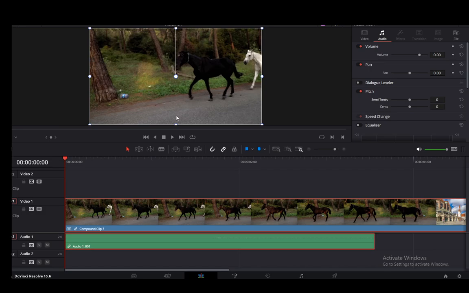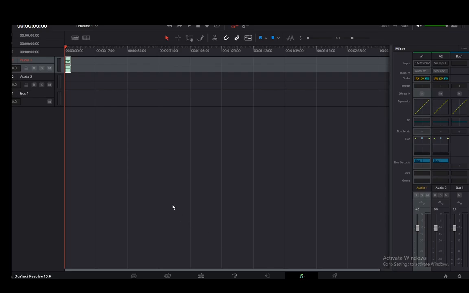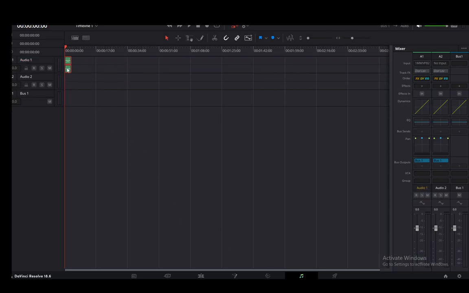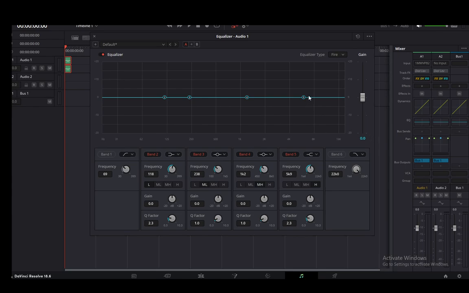But there is also a different way in which you can lower the audio, and that is by going into the Fairlight tab. And once you're here, as you can see, my audio is right over here. Just click on it, select it, and now you have all these options over here. You can go into the equalizer, and you can just drag the gain over down so that even less decibels